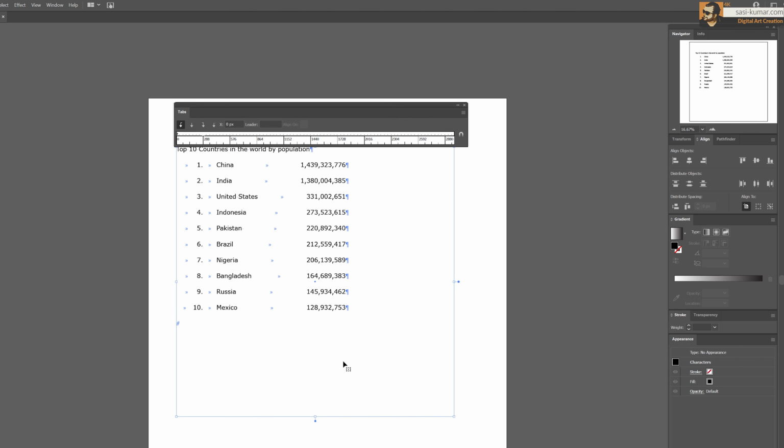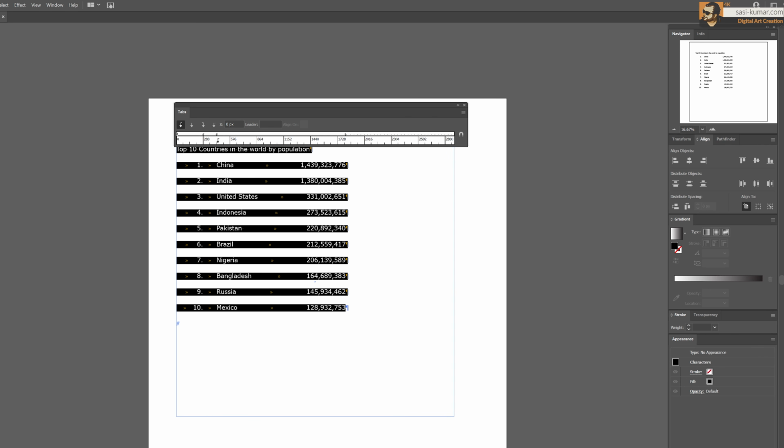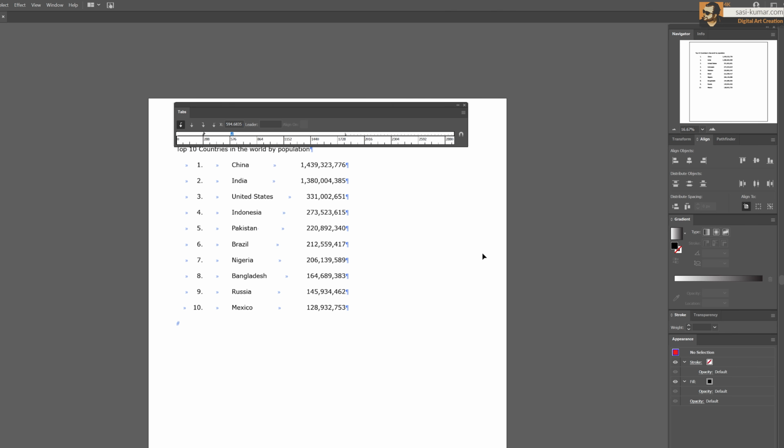So you can always go back and edit, but always remember you have to select all the text again and then you can change these positions like this. Okay, all right. It's really simple and very easy to use, and it's very useful when you are designing lists. Instead of manually entering tabs, you can use these techniques to create these type of text easily